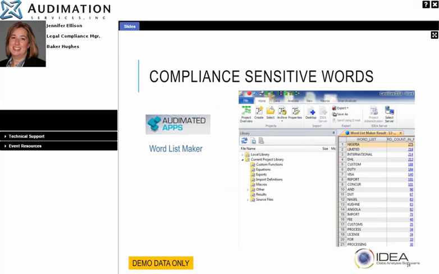Let's move on. Here's the example of the compliance-sensitive word result that the automated app Word List Maker creates. Again, this is demo data. It does not represent Baker Hughes. It's a pretty standard list. So if we were to do journal entries in Nigeria, for instance, it created a word list of all the words that were used in the text. So Nigeria is listed mostly, for the most part, limited, because that's probably the name of the company, international, DHL,